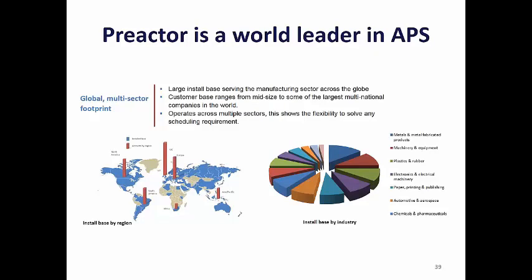We chose Preactor, and we promote Preactor, and we recommend Preactor because it is a world leader in advanced production scheduling systems. It has a global footprint and a multi-sector footprint serving manufacturing across the globe, ranging from mid-sized companies to some of the largest multinational companies in the world. And because it operates across multiple sectors, it has the flexibility to solve any scheduling requirement, and we've got the case studies to back that up, no matter what industry you're in or what part of the world you're calling